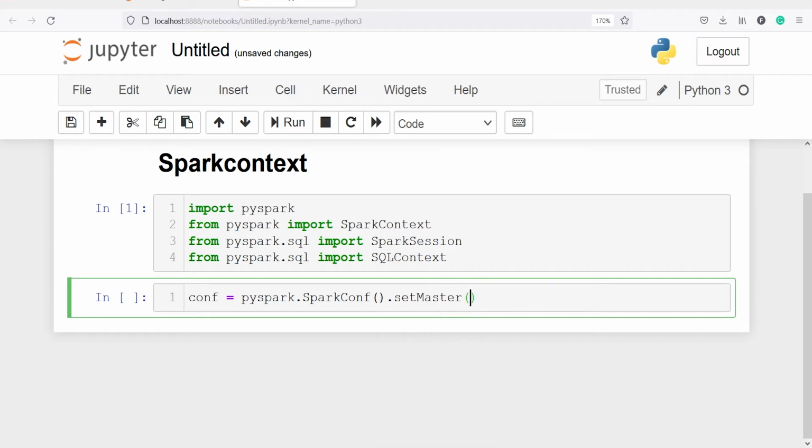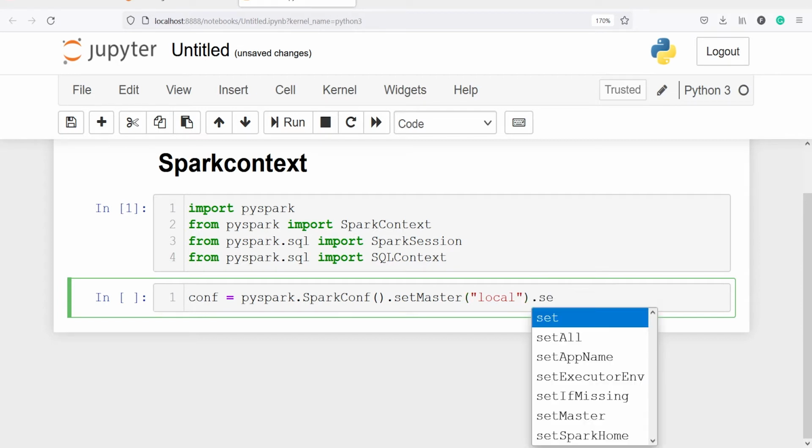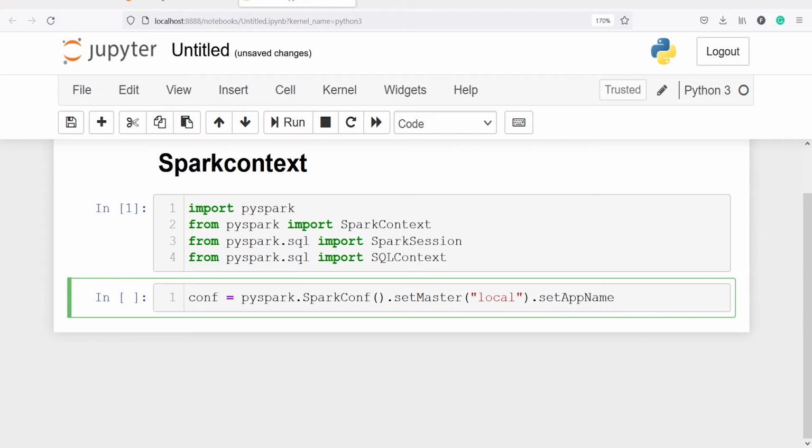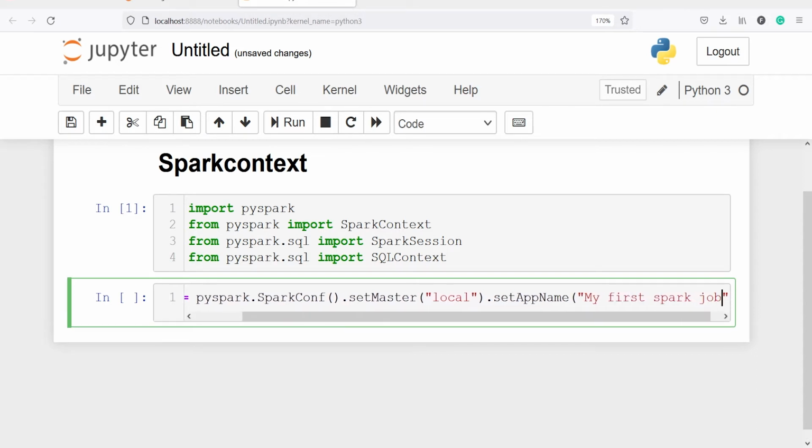In this, I will define my cluster, and this is going to be on local machine. So I will type local. Next, I am going to define the app name. I will write set app name, and here you can write any app name. For example, we are going to write my first Spark job. You can write anything in this app name.